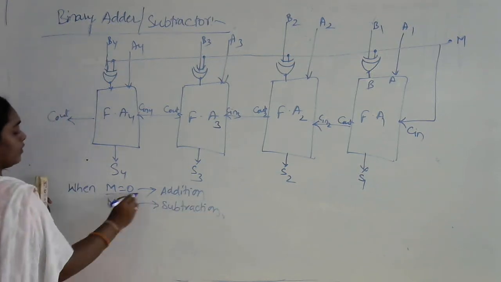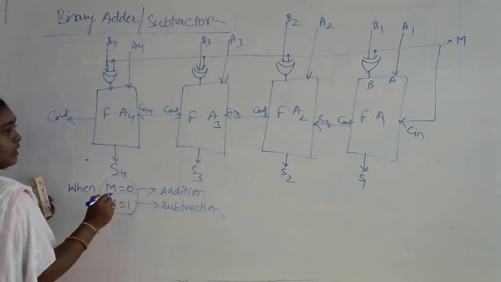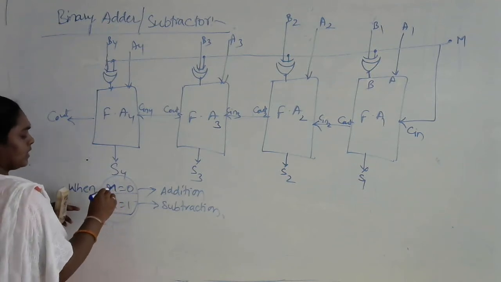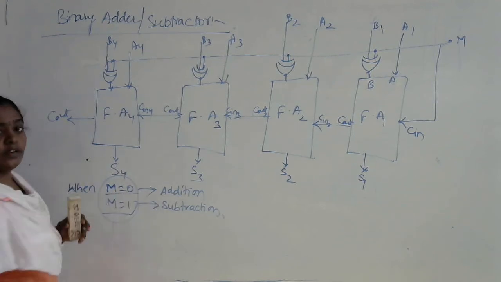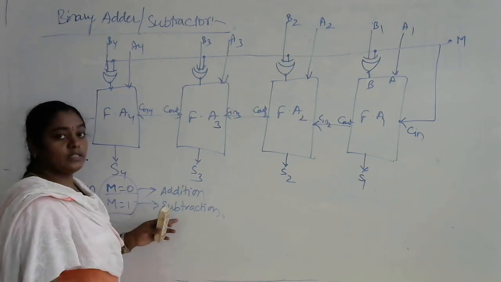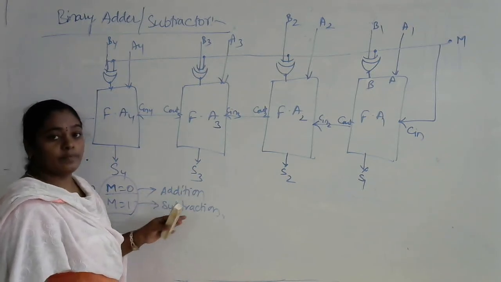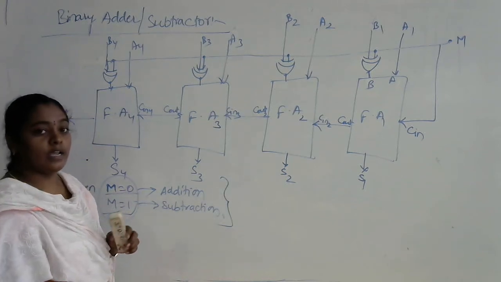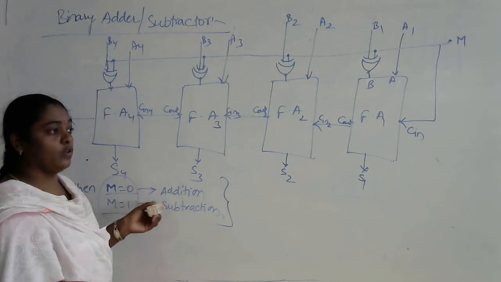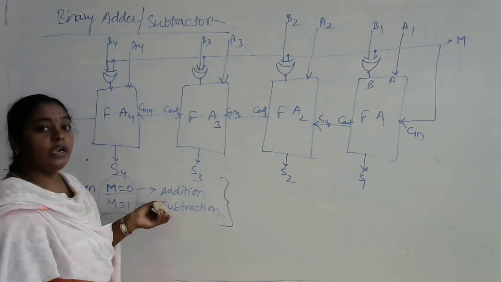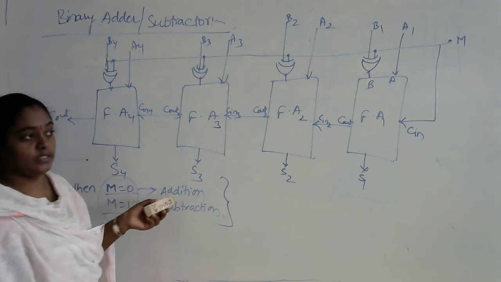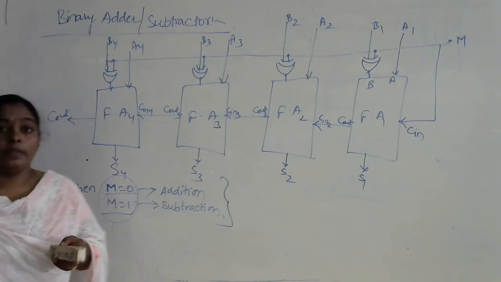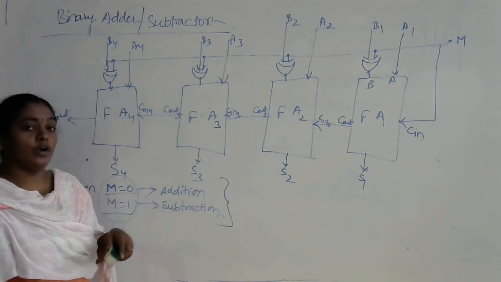So, as we are performing two different operations by using one control signal M, which is nothing but a single control signal, at a time we are performing two different operations. One is the addition operation and the other one is the subtraction operation. Such a circuit is called an adder slash subtractor. Means depending upon the control value of M, either we can perform the addition operation or a subtraction operation. So this is how to design any subtractor circuit in case of a combinational circuit.